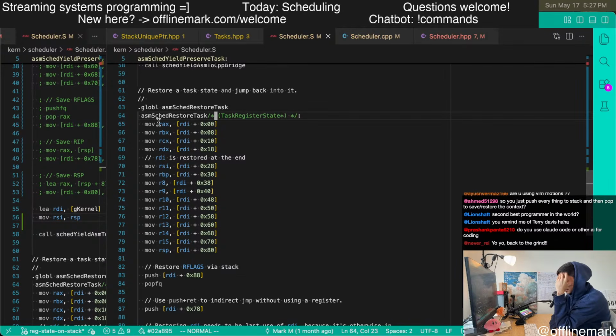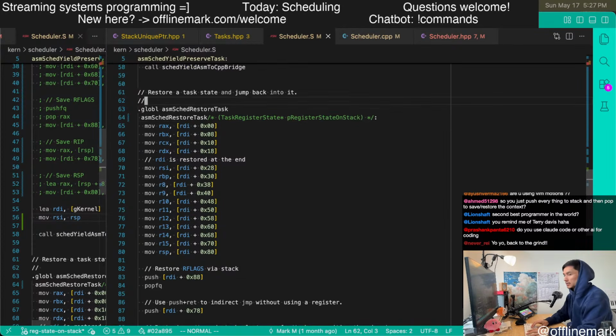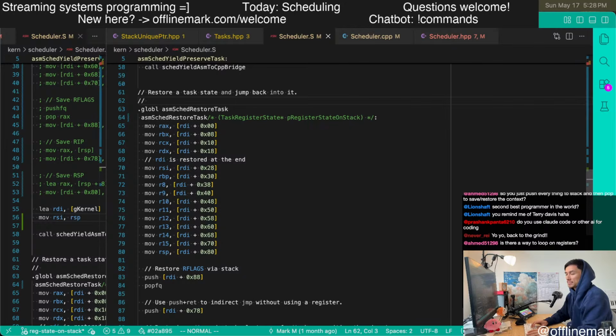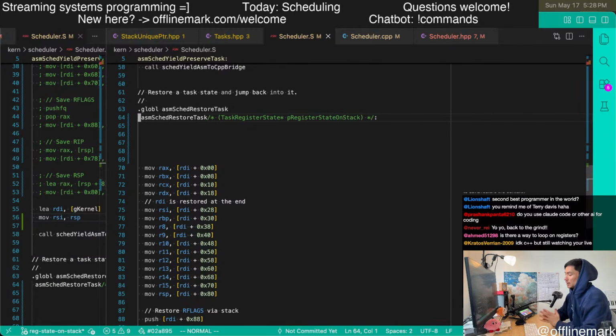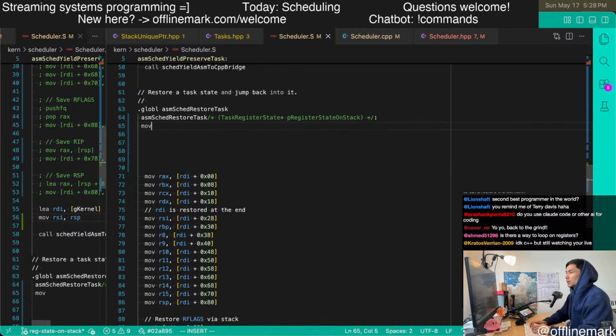I'm thinking it makes sense for this to receive a pointer to the register state on stack, to be clear. And then the first thing we're going to do is reset the stack pointer to point there.